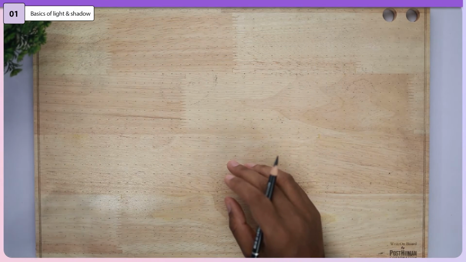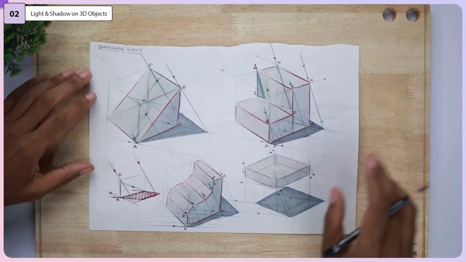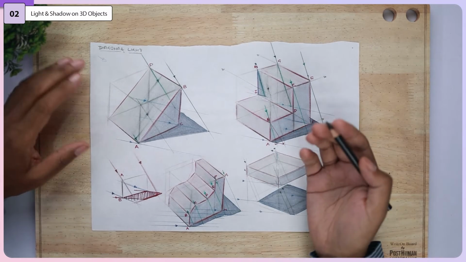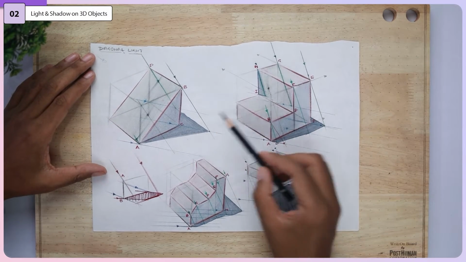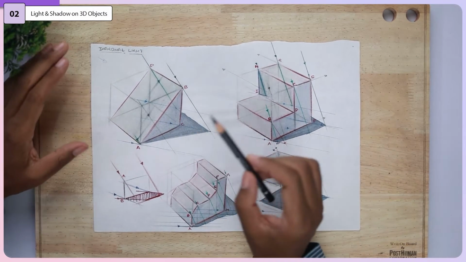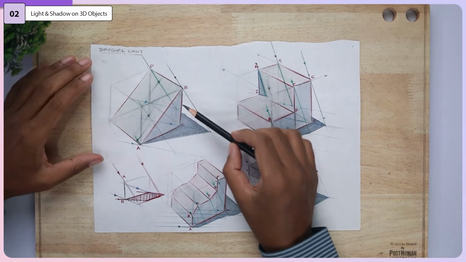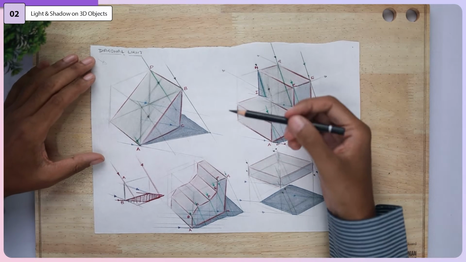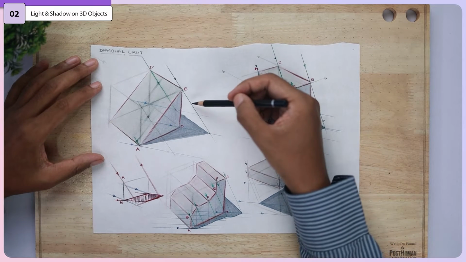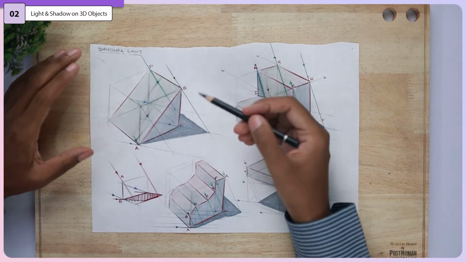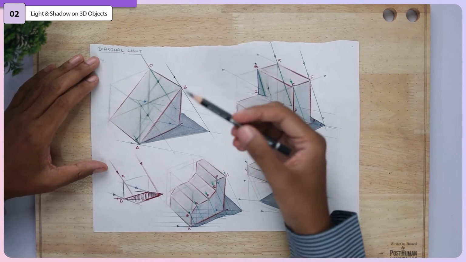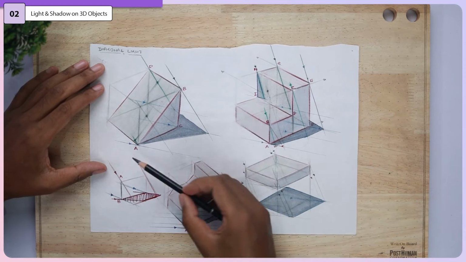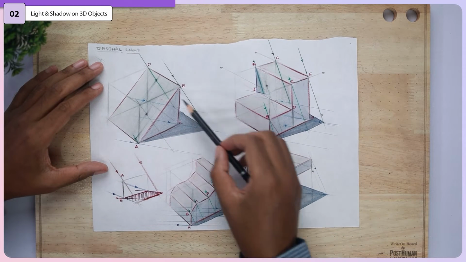So let's look at some examples where it applies to 3D forms. Here we have examples of some basic 3D geometric shapes derived from a cube. Let me highlight one particular shape. Let's look at the first example. It is a very simple shape where you can see two surfaces, the top surface and the right surface. Here the light direction is denoted by this green line, and you see the light coming from the top left corner. As I said, the shadow is always going to be constructed on the opposite side of the light direction. So we see that the shadow is being constructed behind the object.